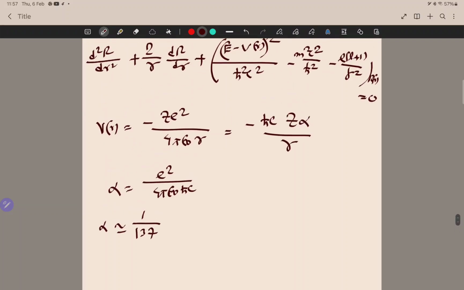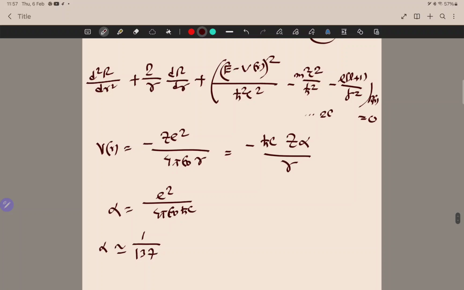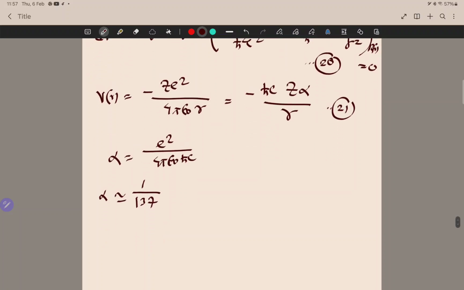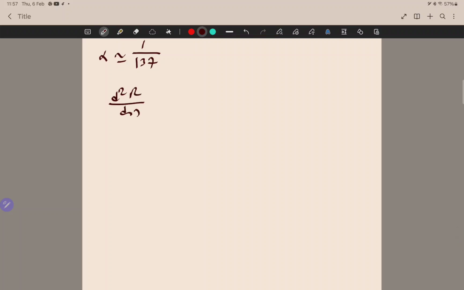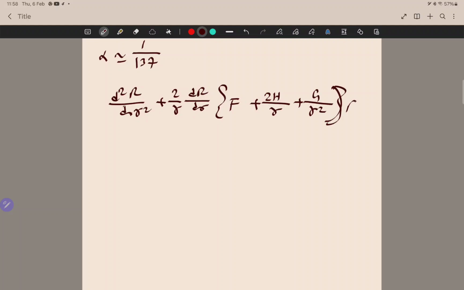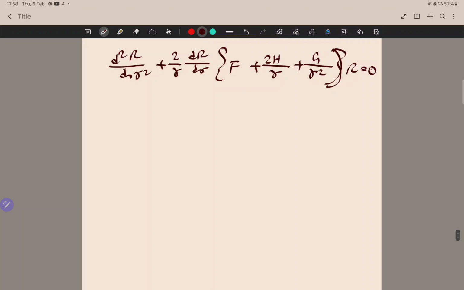And let's name the equations. This is equation 20, this is equation 21, and so the equations 20 and 21 we can rearrange, and we have d²R/dr² + (2/r) dR/dr + (f + 2h/r + g/r²) R = 0, where